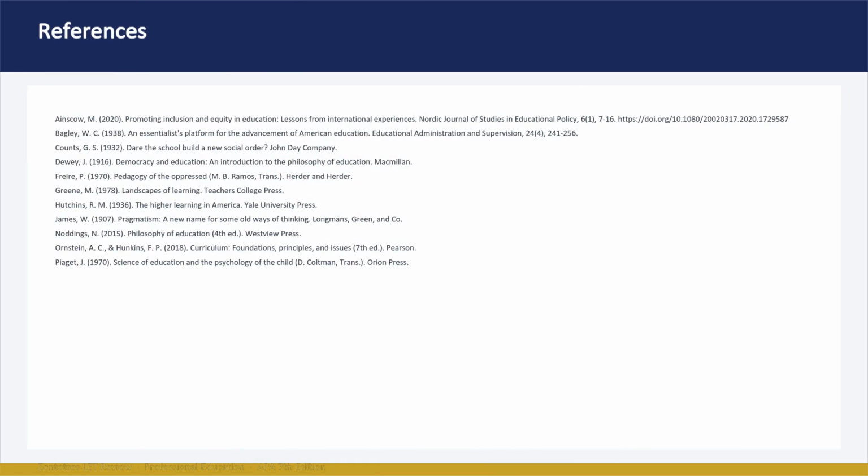To wrap up, here are the main sources that shaped everything we have discussed in this course. You don't need to memorize the reference list, but it is useful to know that the ideas you have just learned come from a long line of real educational thinkers. If a topic ever sparks your curiosity, feel free to look up the original works. Reading even a few pages from the actual authors can really deepen your understanding. And as a small bonus, getting familiar with the names of these thinkers can help you in the exam, since the LET sometimes mentions them directly.